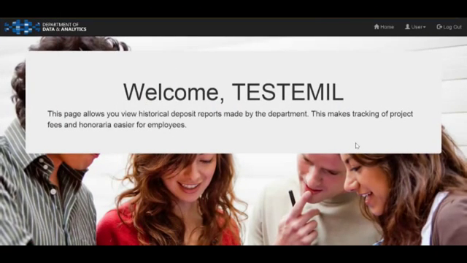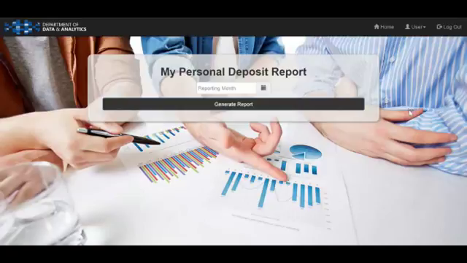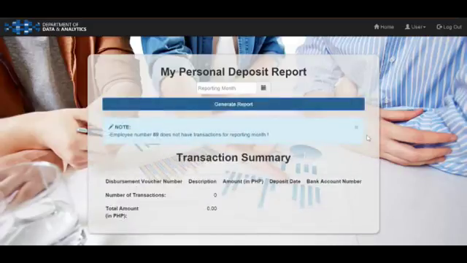One of the last main functionalities of this application is for the currently logged in user to be able to generate his or her own personal report. For us to do that, you need to go to the user drop-down menu and press My Report. Within My Report, it allows you to generate all your transactions within a reporting month, or if you leave this date field blank, it will give you all the possible transactions related to you. So for example, we leave this blank and press generate report. As you can see, the employee number does not have transactions for this reporting month. So you don't have any transactions